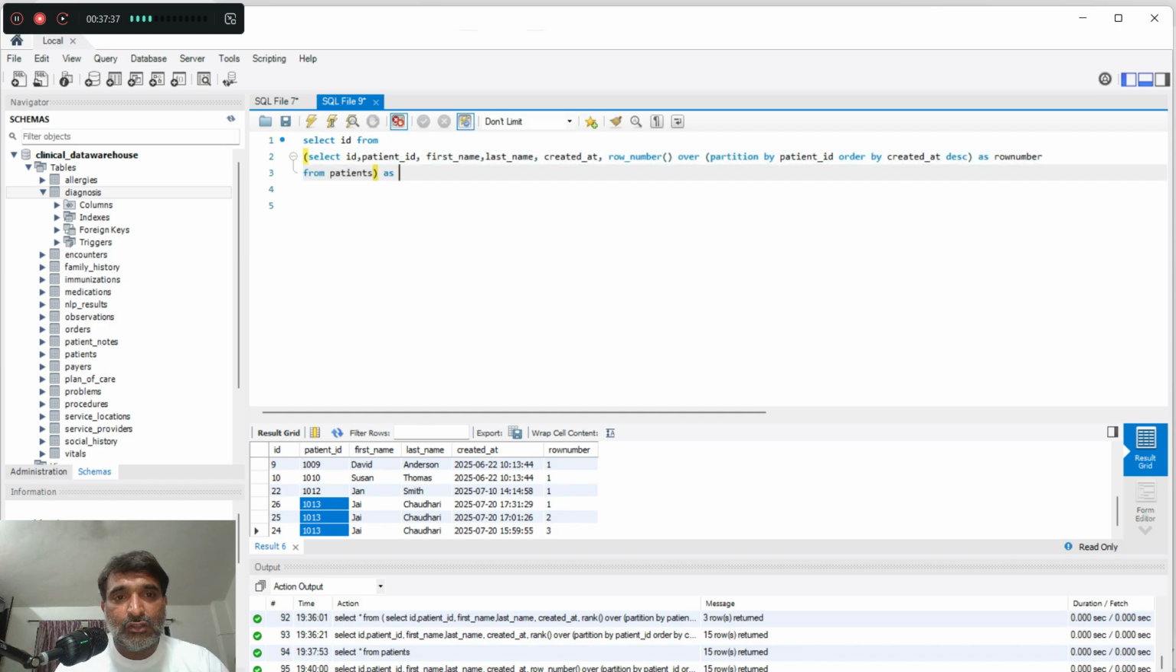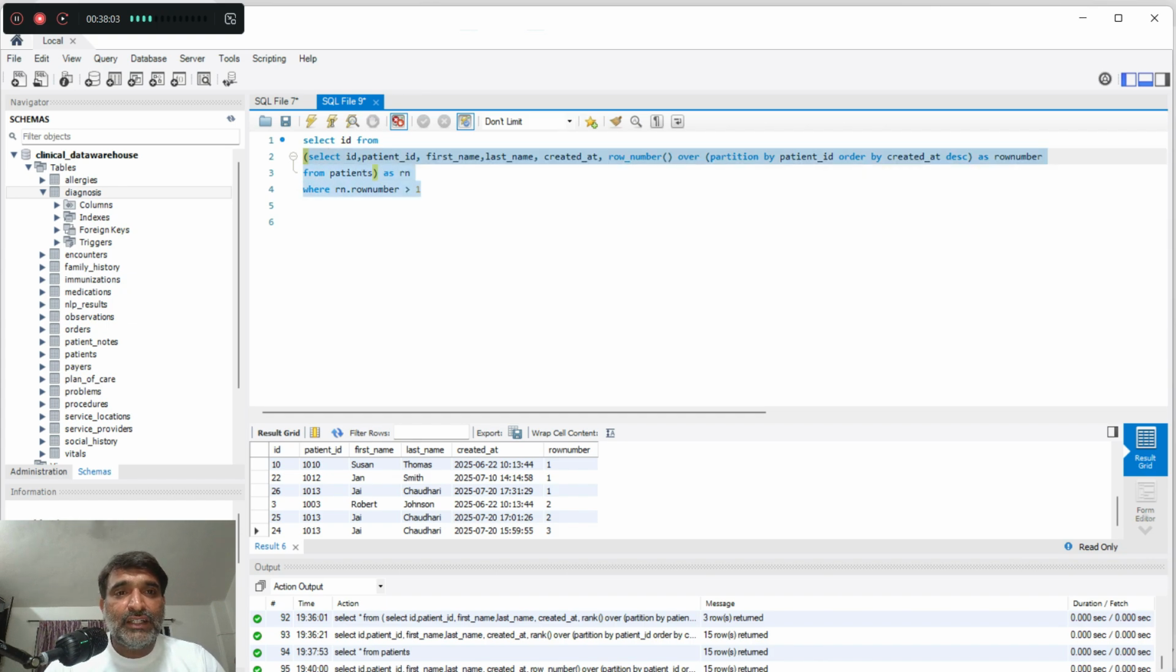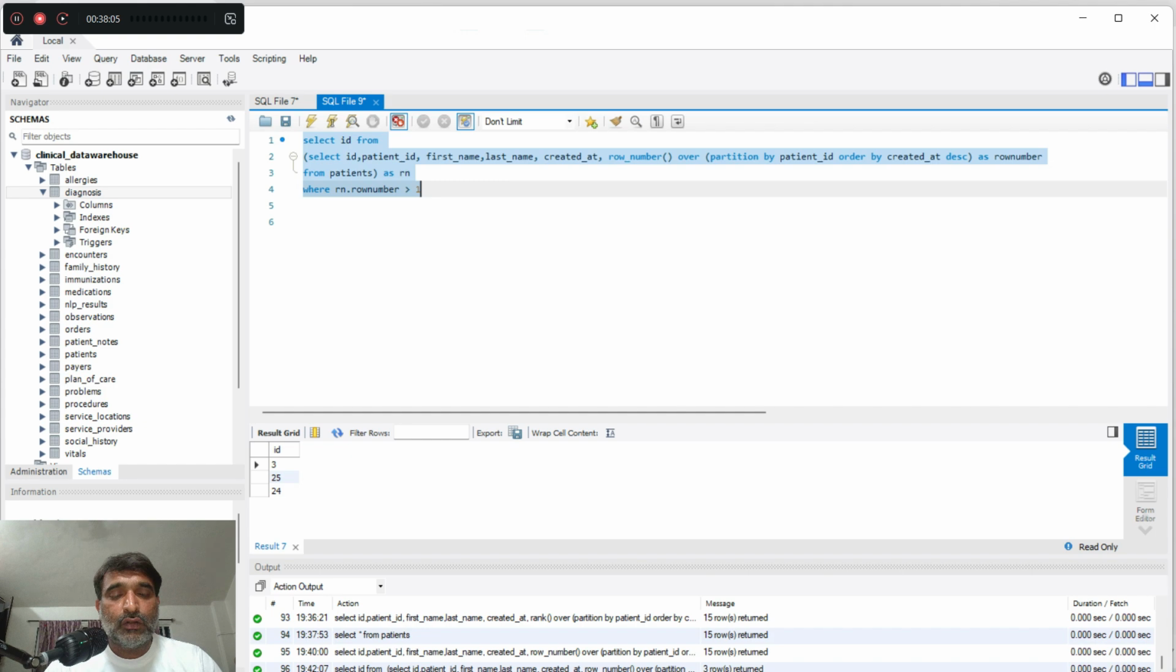I have to give some alias to this table. So I'll give it alias as just for now RN, which is for row number. Okay, and I say select ID from RN where RN dot row number, this column here, is greater than 1. Now this returns all the duplicate records. Okay, so see 3, 25, 24. If you want to confirm, and then what I will do is